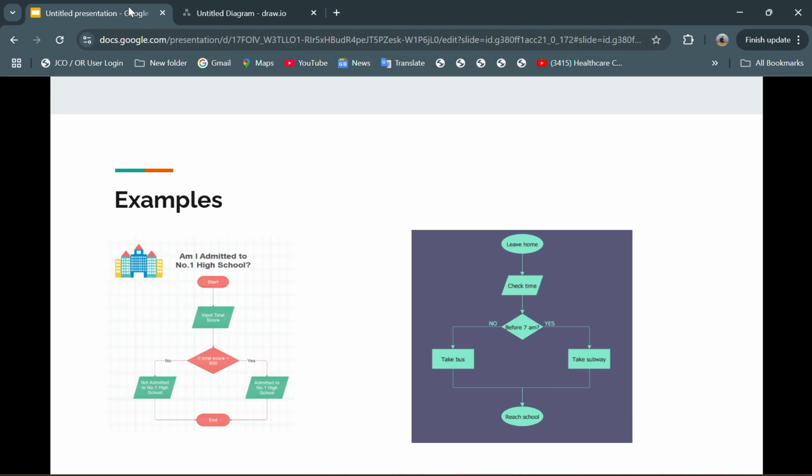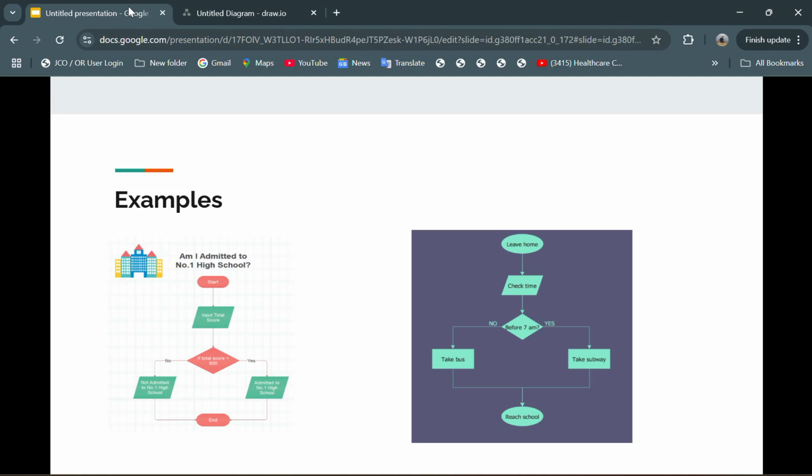You should take a bus before 7 p.m. And if it is after 7 p.m., you should take a subway and reach home. So that's the decision. It is a simple flow, but there are also multiple flows and lengthy processes, and there are